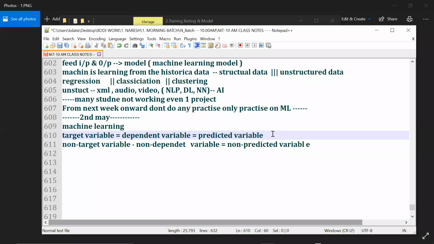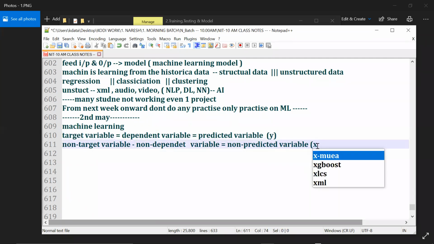Target variable is Y, right? Y is the dependent variable. And this one is X, right? X could be many. Because those are independent variables, correct?